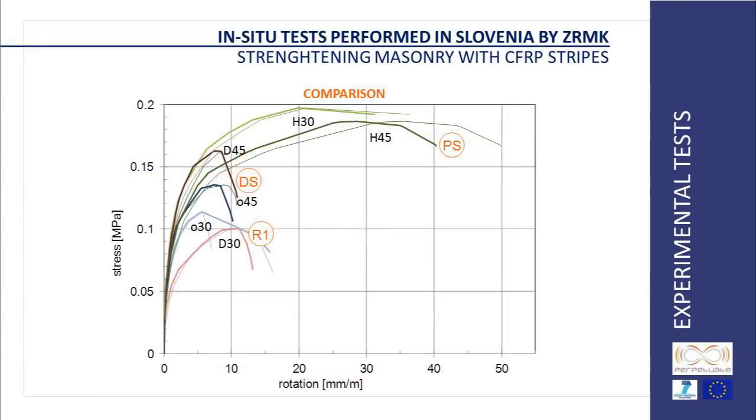The results obtained show that the diagonal stripes increase the shear strength of the wall, but reduce its lateral displacement capacity. The perpendicular stripes further increase the strength, but also provide large displacement capacity. It has been then assessed that such a setting of the stripes is preferable in terms of both strength and ductility.